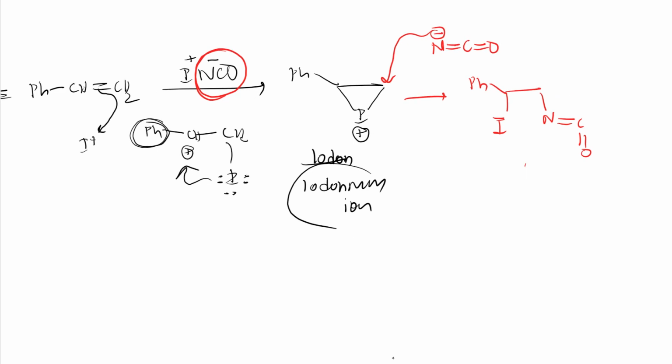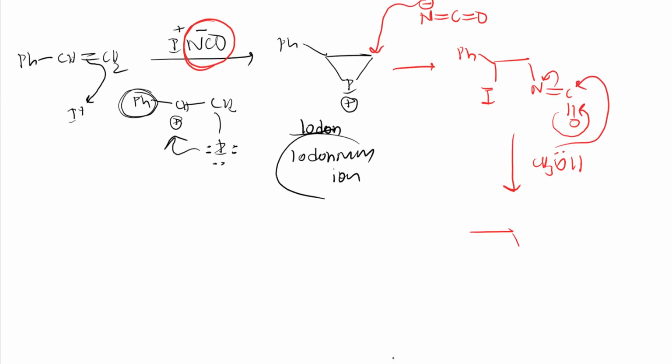To this, if I add any alcohol like methanol, the methanol O will have a lone pair, and it will attack here, right? So electron density comes on oxygen, further it comes back, and nitrogen gets the electron density, minus. So I will get this compound, with nitrogen, C, O, Me there. As it donated the lone pair, oxygen gets positive charge. The other things: double bond O, and nitrogen is having negative charge. Other things remain as they are, I and Ph, right?